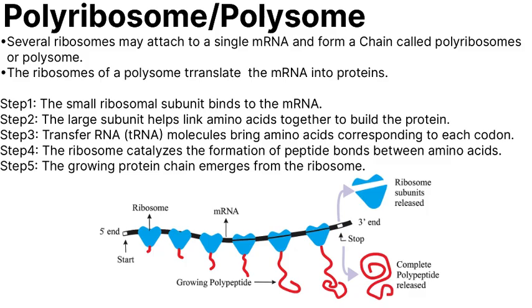As a result, the fully formed functional ribosomes are assembled now. Then in step 3, the tRNA molecules bring the amino acid corresponding to each codon, where each codon codes for a specific amino acid. Now in step 4, finally, the ribosome catalyzes the formation of peptide bonds between the amino acids. As a result, the fully formed functional ribosomes are assembled now.